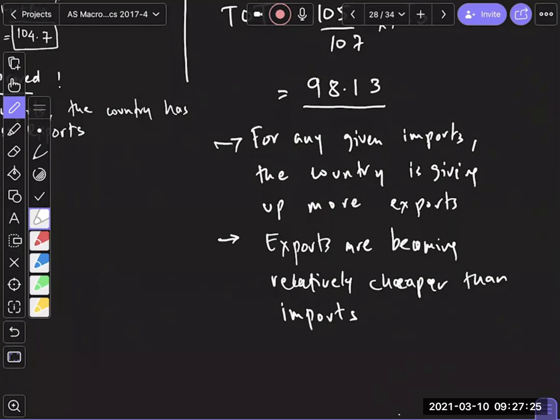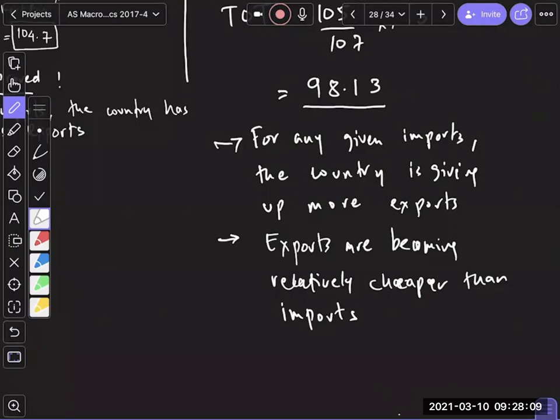But sometimes it may also happen that your price goes down, right? Like for Pakistan, for example, if the exports are cheaper, then Pakistan may gain because they face a very elastic demand. So when you have an elastic demand and the price goes down, the revenue goes up. But when you have an inelastic demand and the price goes down, then you lose revenue. So whether terms of trade improvement is good news or not depends on the elasticity of demand. If demand is inelastic, then it's actually good news for us whenever the price goes up, because the quantity will not fall by that much and total revenue will go up.